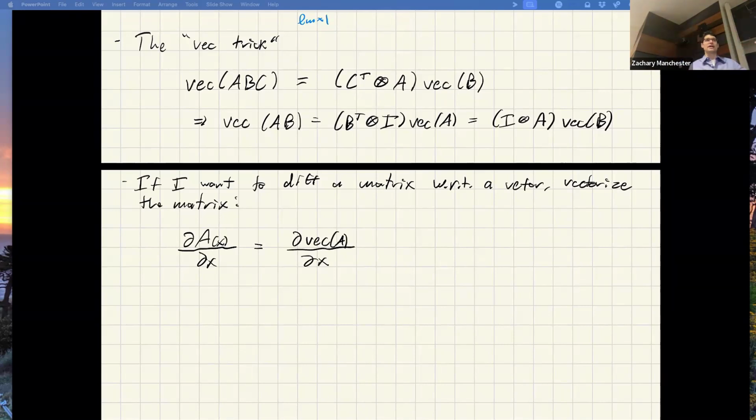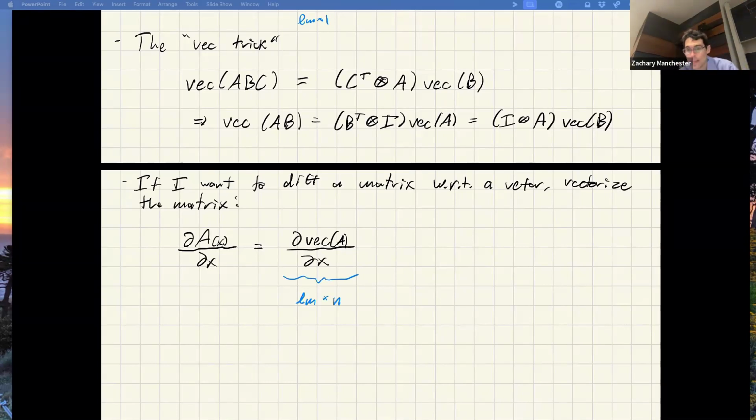If I do vec of A, I get a big column vector. I know how to diff column vectors with respect to column vectors. It's a Jacobian matrix, so that checks out. And based on the dimensions we had, if A is L by M, this is going to be L times M by